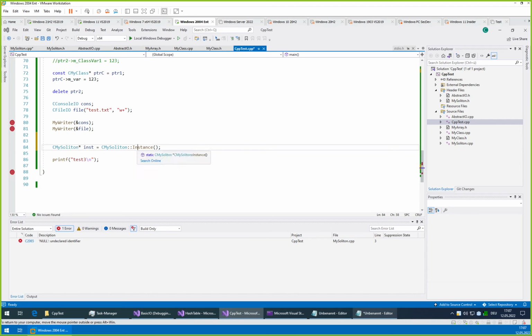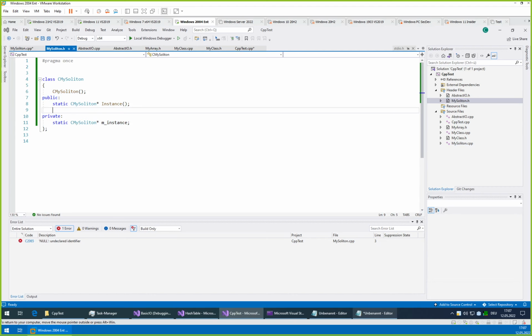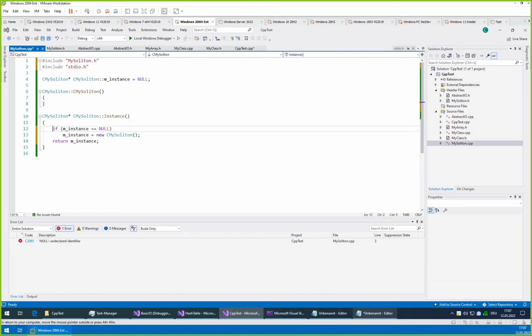So using this permission mechanism, or this access mechanism, and not making our constructor public, we ensured that the only thing that can actually invoke our constructor and create an instance of our object is our instance function, or actually maybe I really should call it getInstance. Doesn't matter. Only our instance function, which then is implemented internally such that it will exactly once call the constructor for the first time it is invoked, and never again.